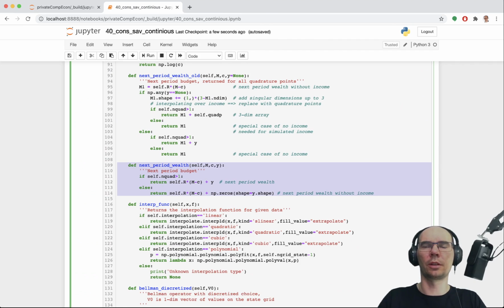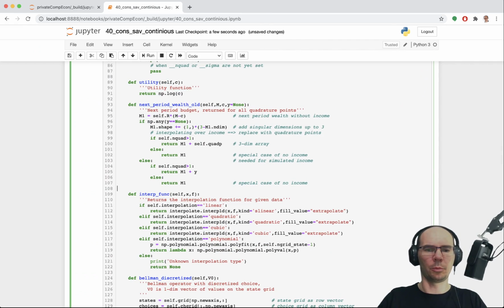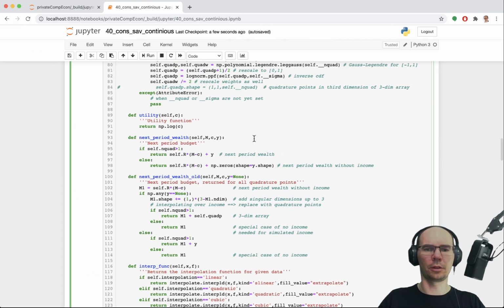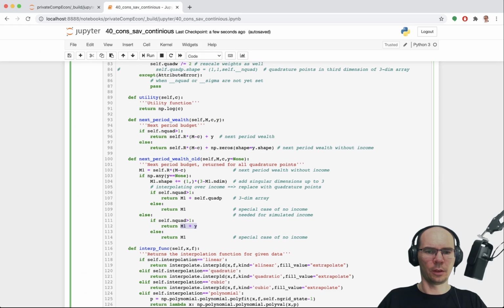It's only about economics. And this is how it should actually be with this part of the code, which is about the structure of the model and not about the solution methods. And that's why I think this is going to be much cleaner and straightforward. Now, this is exactly what we had for the case where we wanted to simulate the data, right? So we've added this y equals None and the condition on y equal None or not. If y was given, then this is exactly the return that we had in the old version. And so the simulator should work just as is, but we need to